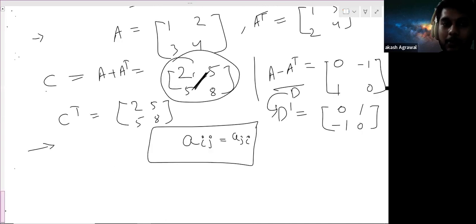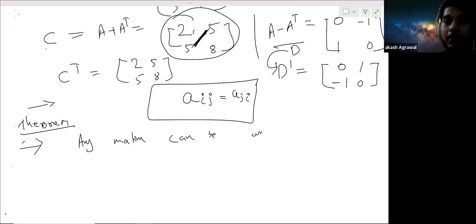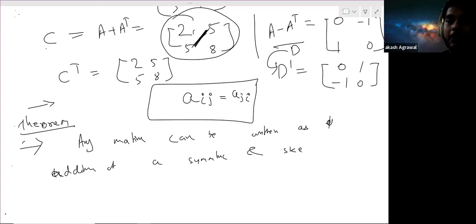अब इसके आगे एक थ्योरम है which says, अब ये एक्चुअली ज्यादा कमाल है, theorem 2, that any matrix can be written as addition of a symmetric matrix and a skew symmetric matrix। ठीक है, बहुत पावरफुल स्टेटमेंट है